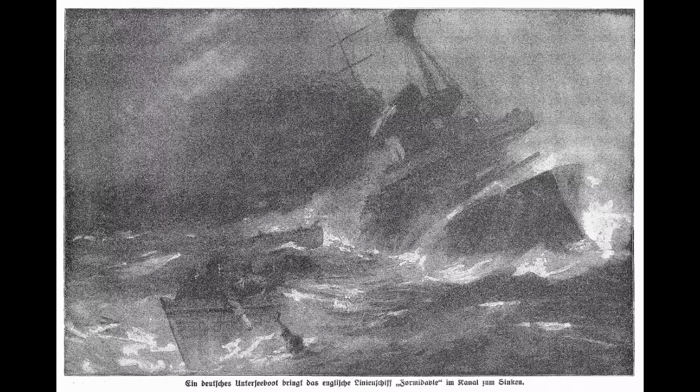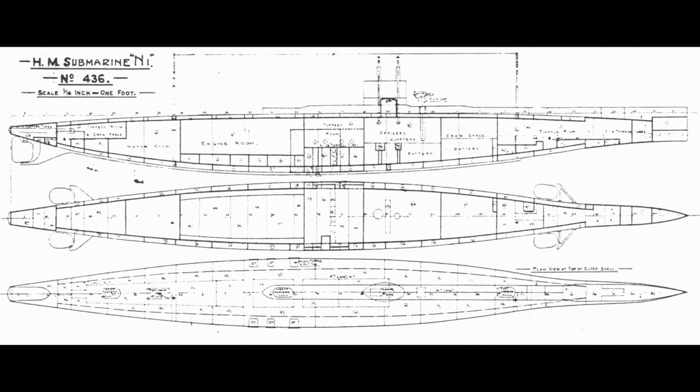Fisher, reacting to this, demanded a new submarine design immediately. He wanted the submarine to hit 20 knots on the surface. The Director of Naval Construction pointed out that even though Nautilus was on paper supposed to be capable of this, she wasn't yet in service, and there was considerable doubt about what top speed she would actually manage. Spoiler alert, in fact, she'd only managed to get up to 17 knots in her trials, but they didn't know